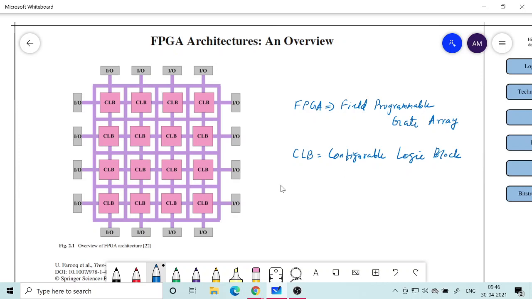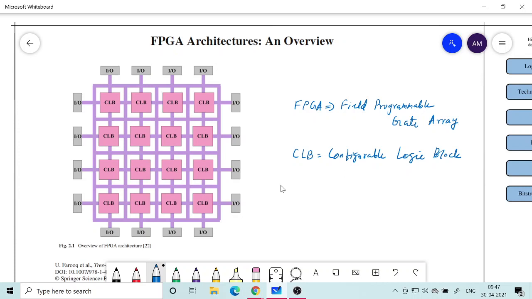Say, a 4-bit input you give, and then it can generate any Boolean function, or nowadays maybe a 10-bit input you give, and then you can generate any Boolean function, either combinational or sequential, which depends upon those 10 variables. Okay, so that is the capability of CLB. So the programming of the logic is actually done at the lower level inside this configurable logic block.